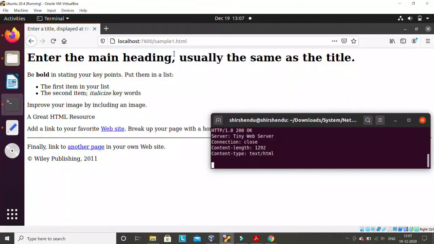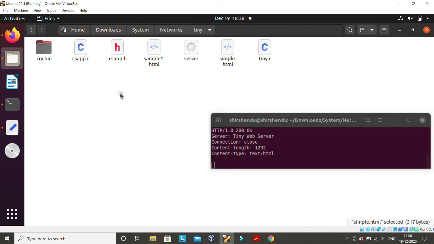But if you use the browser as a client and try to access this server, then it is communicating with the server. If you want to read this page, sample HTML, first of all, after establishing the connection, the client sends a request like this to the server. The server will open this file, read the content of this file one by one, store it in a string, and then send the final result to the client, isn't it?